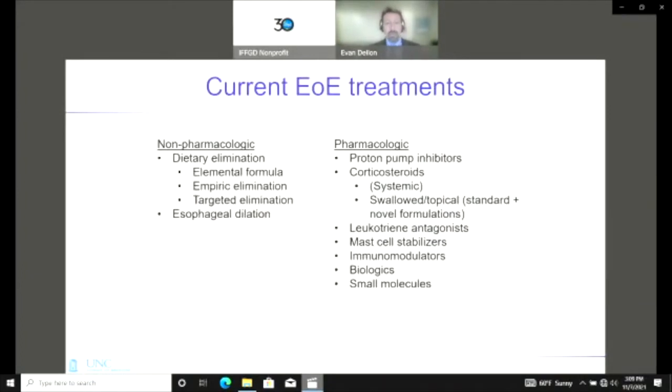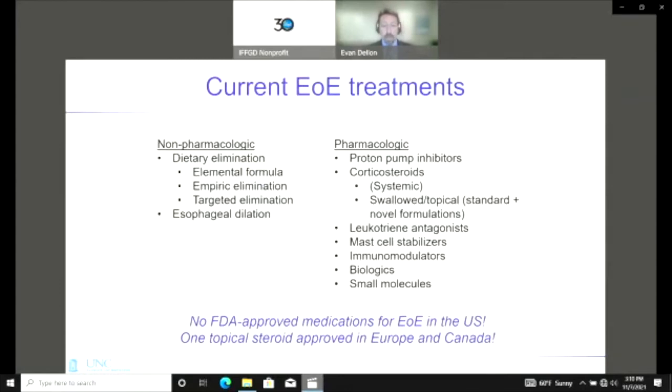Now, switching tacks for the last few minutes just to the current EoE treatments. We have treatments that are non-pharmacologic, that don't involve medications. This is diet modifications or stretching the esophagus, and some treatments that involve medications. And there's a long list of different medications that you can use. Unfortunately, we still don't have any medicines that are approved for EoE treatment in the US by the FDA, but